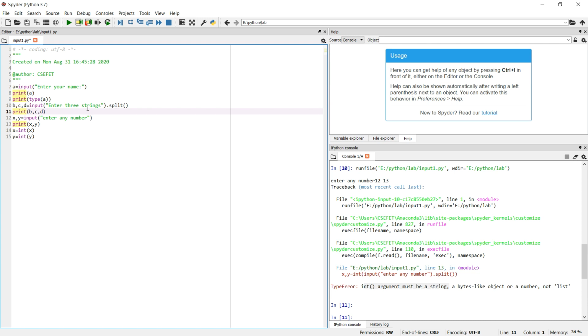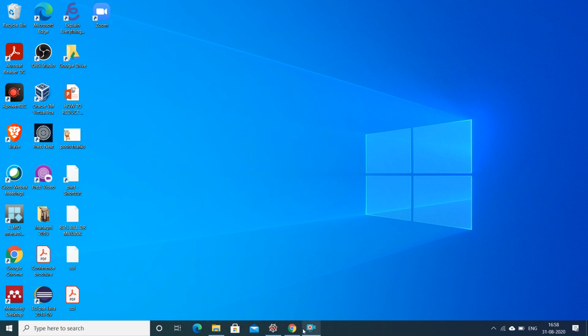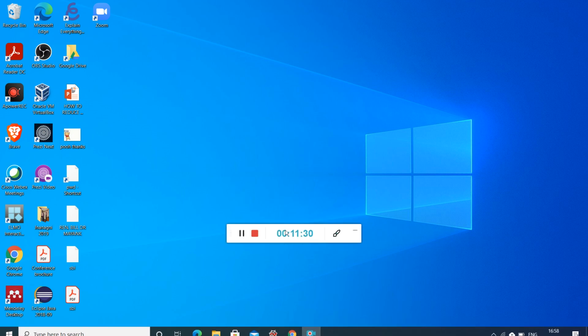If we have to input more than one integer value in a single line, then we have to typecast it when we want to use them as integers. Otherwise we can use multiple input statements to input them. So this is how an input function is used.